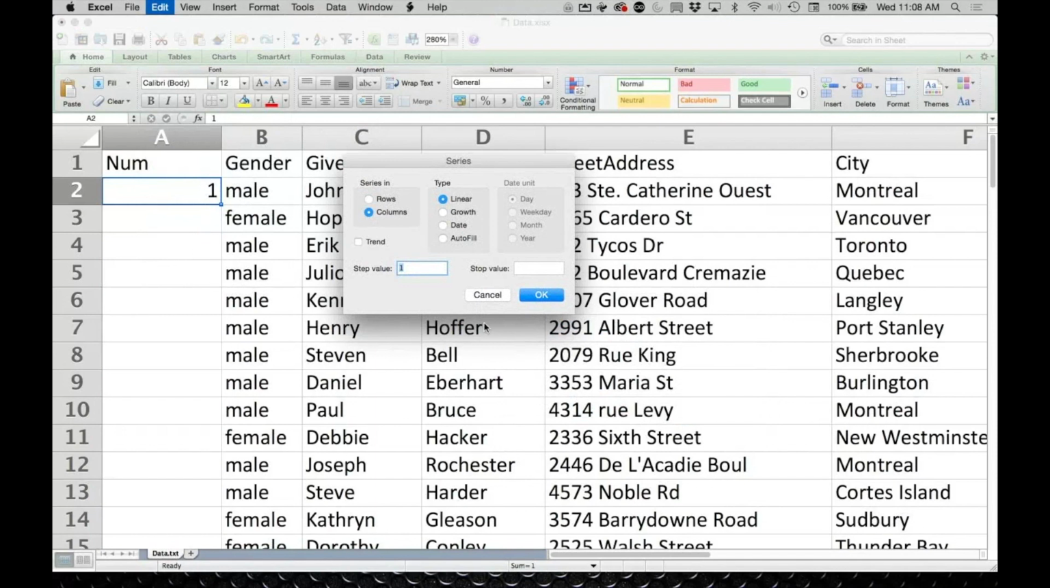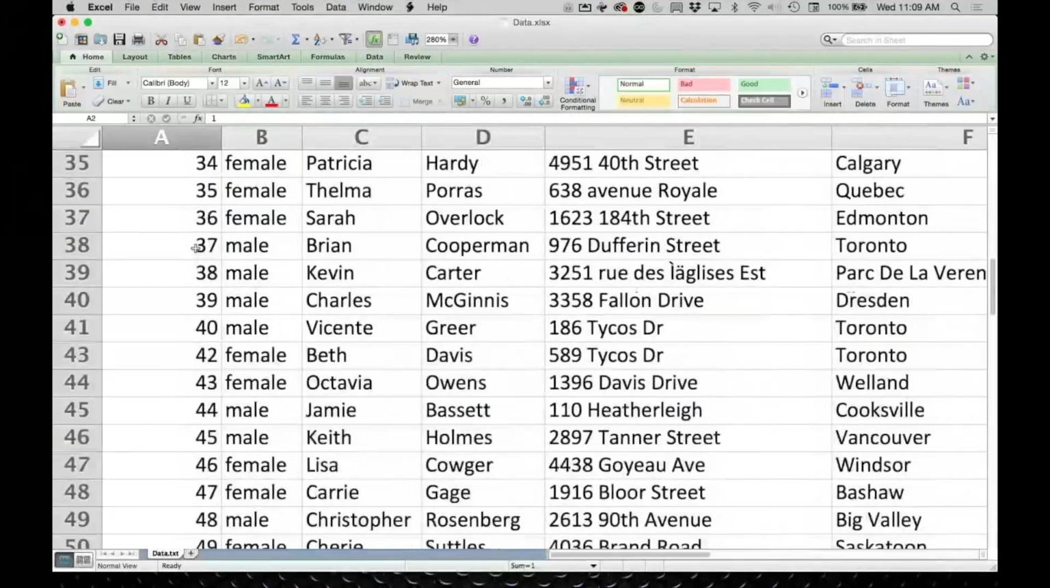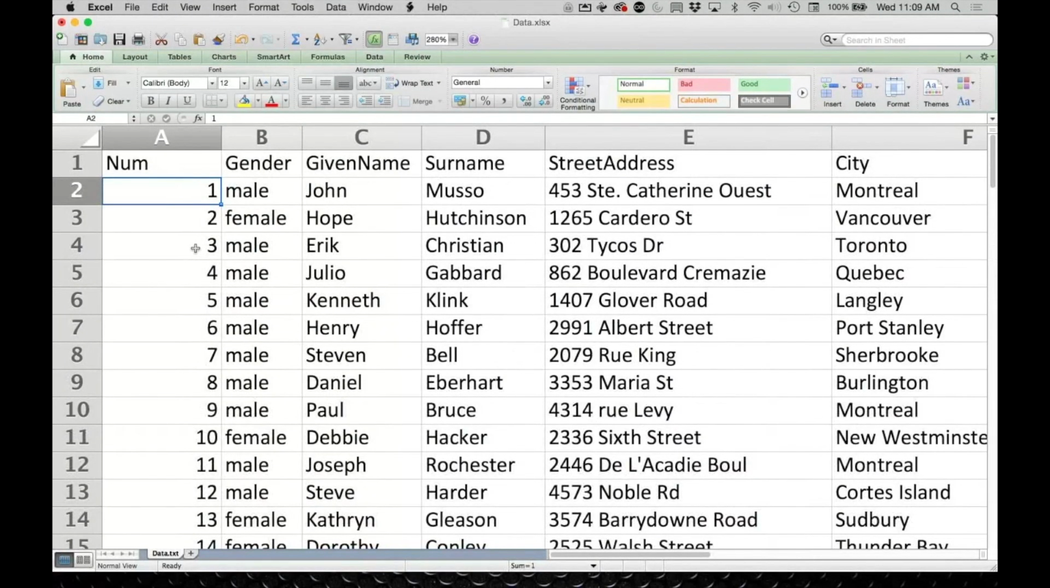This allows me to choose columns, for example. In this case, we're dealing with a column. We can specify how many increments we're doing, or the step we're incrementing by, and then we can enter the stop number, so the very end of the data set. So when I click OK, it does basically the same thing,